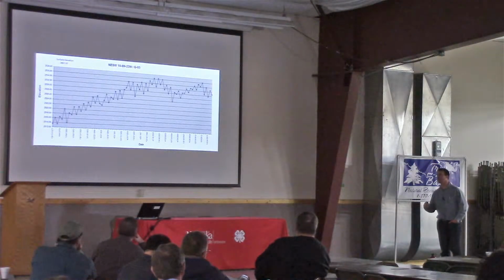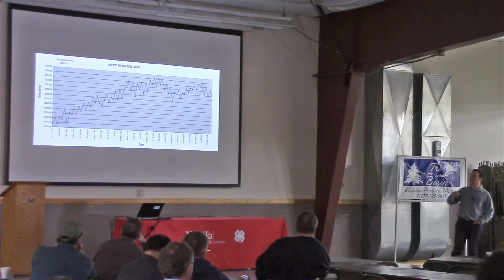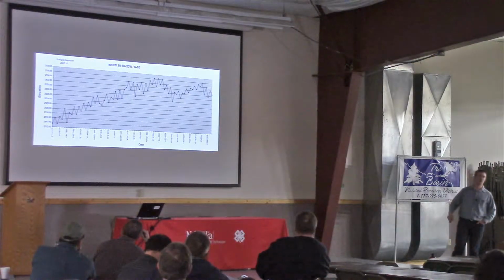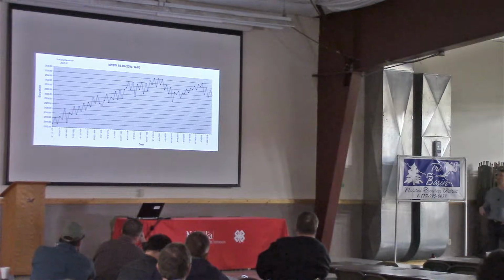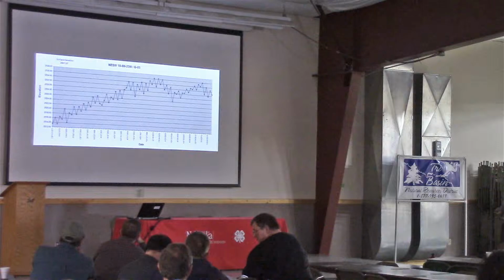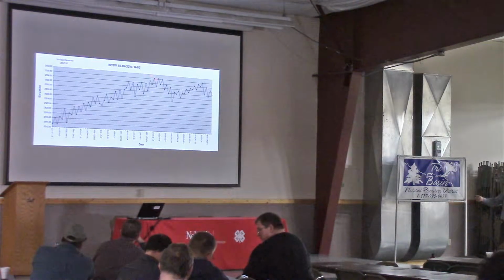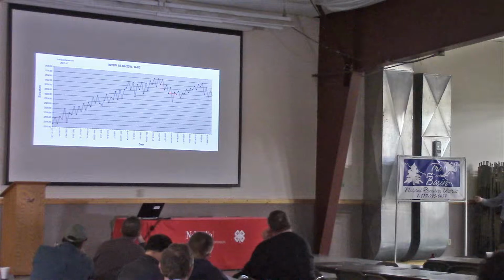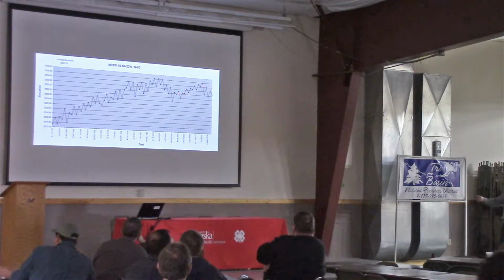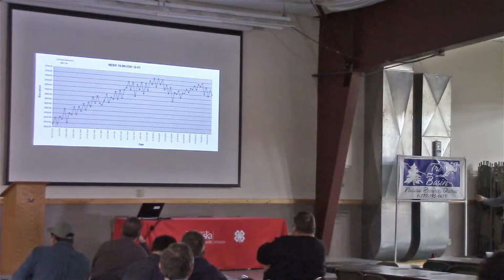Nobody's pumping over the winter time, of course, so you get a recharge, which we check in the spring. And we see that drawdown in the valley in the fall after the irrigation season. So we see a gradual increase over time, and then around 2000 we saw that drought bring us back up. Through the last, about 10 years ago, we started recovering, but then here in 2012, and this